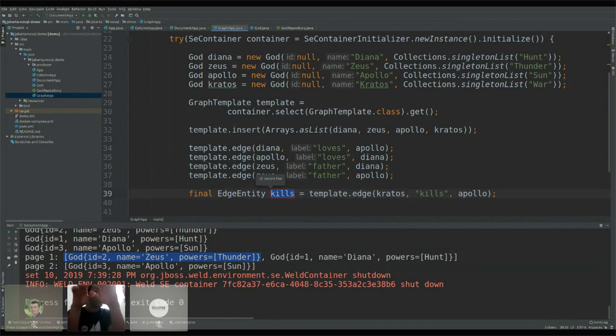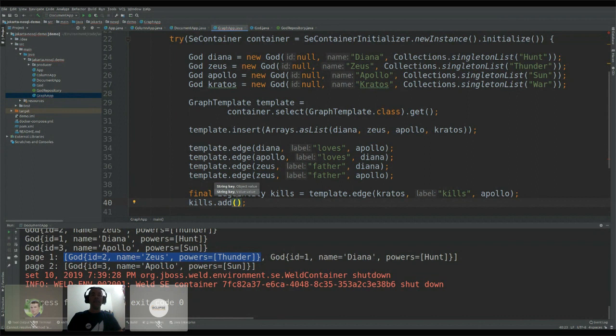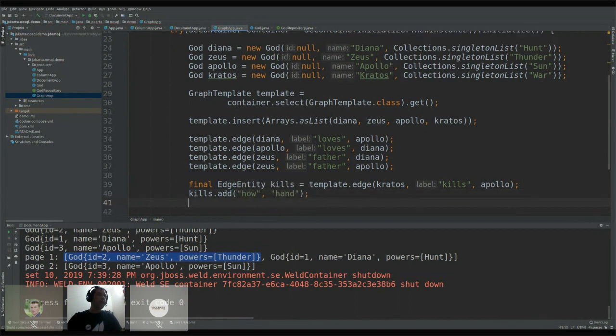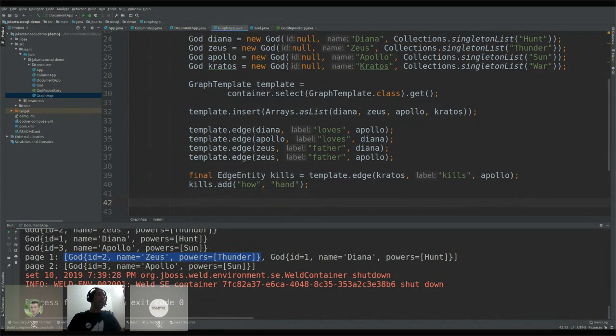Again, the graph has an object to hold the relationship. So I put a direction, and for sure I can put properties on that relationship. So think about, I can put how. So how, using the hand. So basically Kratos killed somebody just using the hand. Given that, one important thing is I have a transaction,